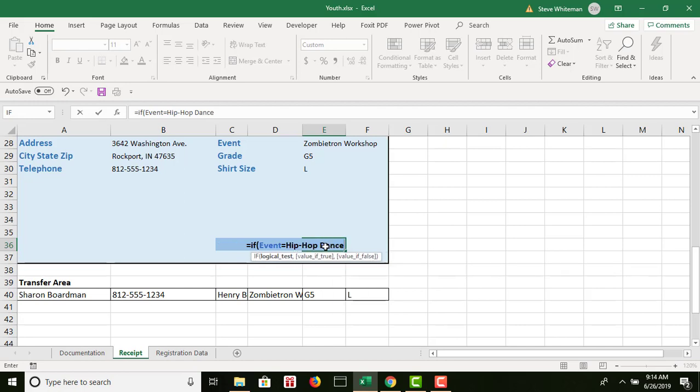Now, I should include that inside quotes. Okay, any text string like that should be in quotes. So equals if event equals, quote, hip-hop dance, comma, then give that, let me read the instructions, the fee will be the value in cell B14. So then I say B14 if that's true,